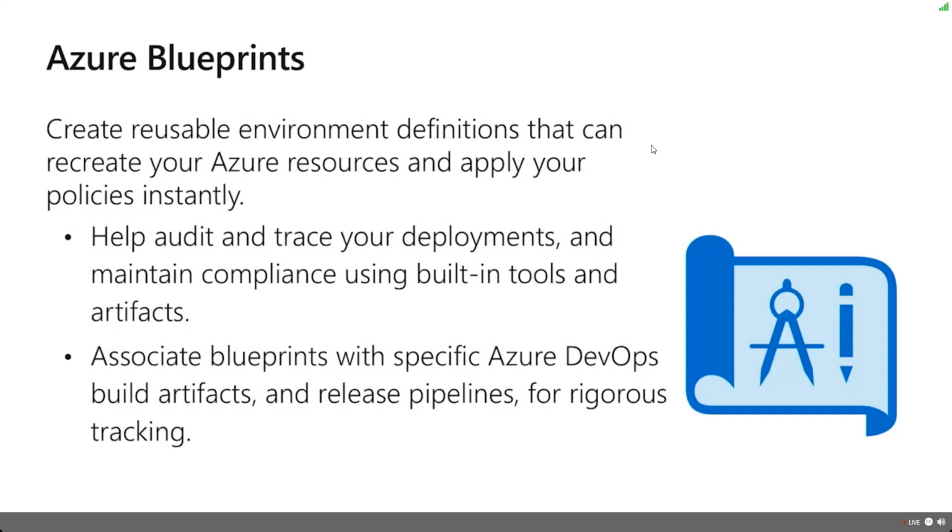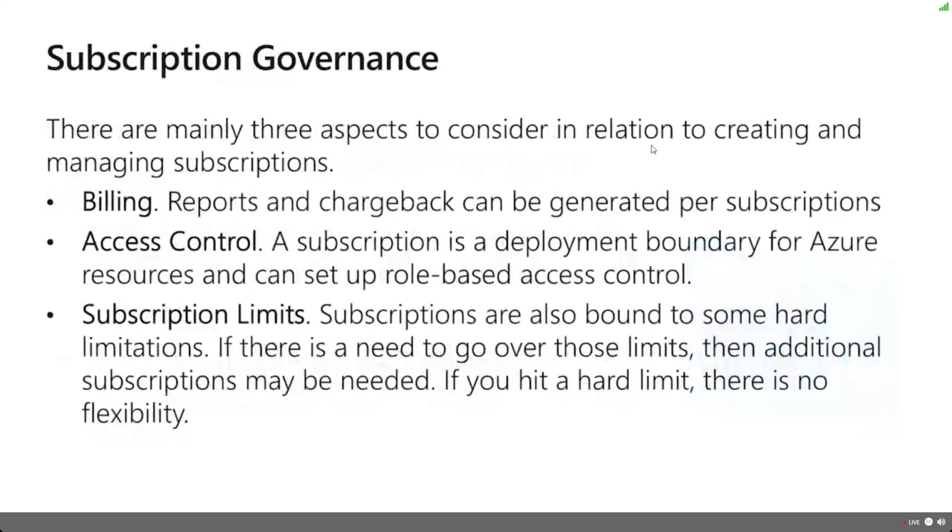And I can give you a subscription with already resources deployed. And that's what blueprints do at a real high level. But we also have subscription governance. So how do we control the different things? We can control billing and chargeback. That's going to be done with most likely tags. We have access control at the deployment level. When we look at subscriptions, though, we can use subscriptions as a governance level.